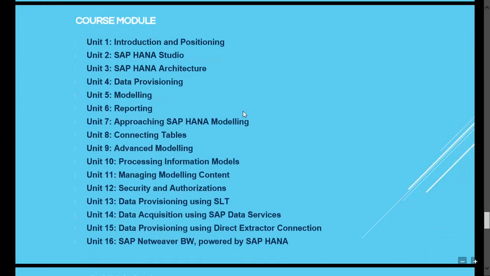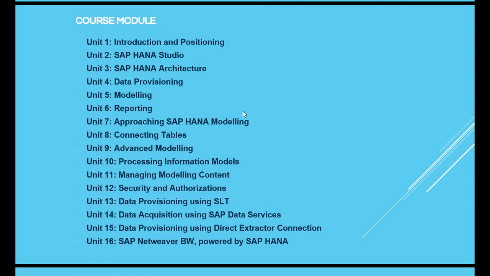So this is the course module. Before that, let me tell you, here we are going to see the course modules HA100 and HA300, which are for developers, in the sense of SAP HANA consultants who work as data modelers. You basically have two courses, one for admin and the second for developer. If you want to go the admin side, then you have to go through HA100 and HA200. If you want to go the developer side, then you have to go through HA100 and HA300.